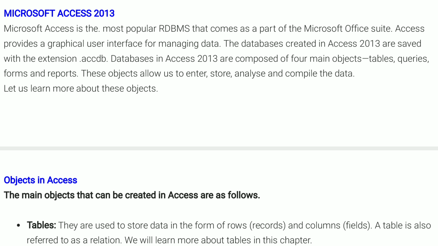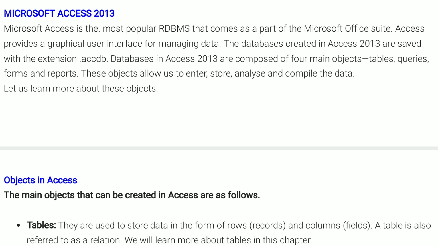A relational DBMS uses multiple tables and creates relationships between these tables. It also facilitates us to retrieve the data of our choice as and when required.